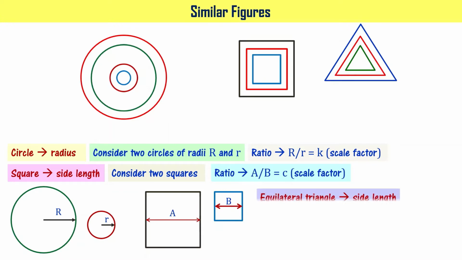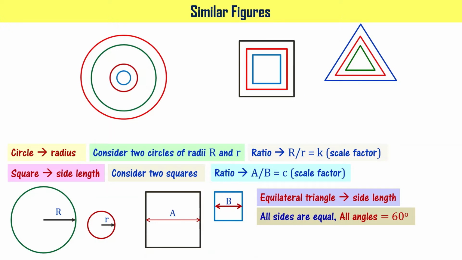In the similar lines, equilateral triangle is also defined by a parameter that is called side length because all the sides of equilateral triangle are equal and all the angles of equilateral triangle are equal to 60 degrees. That's why only one parameter is defining even equilateral triangle. That is not true for any other triangle. It is only a special case for equilateral triangle. You will get to understand that as we go.